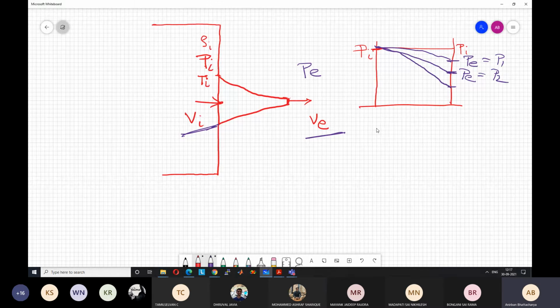Why cannot the velocity increase further if I decrease the pressure? Sir, information cannot travel backwards if we decrease the pressure at the exit. That is true. Yes, that is one way of putting it. What you are saying is correct. Information cannot travel, that is the basic definition for a choke condition, because information can only travel at sonic speed.